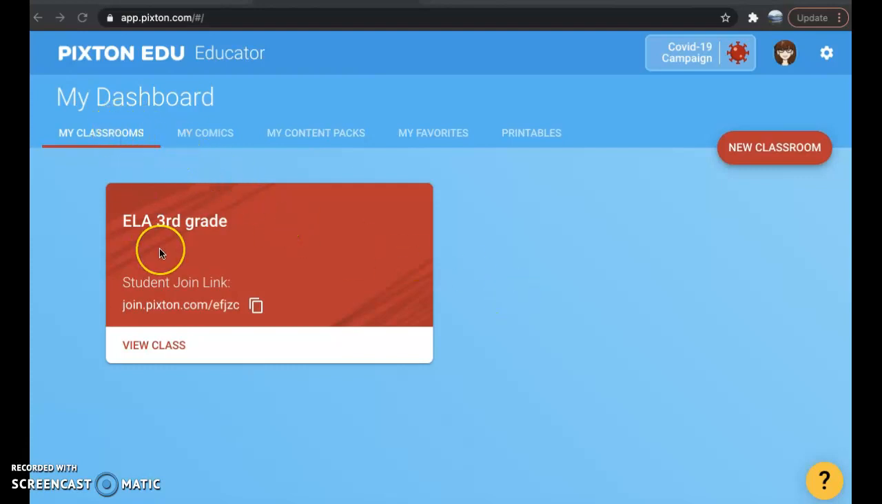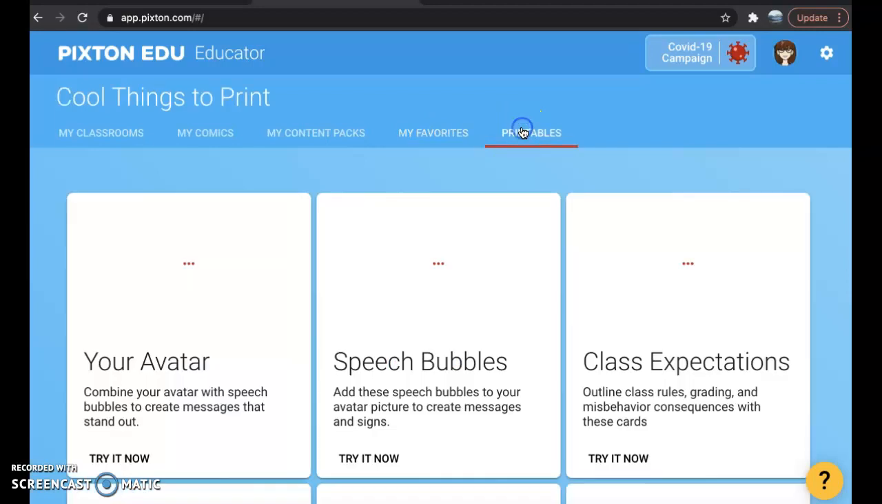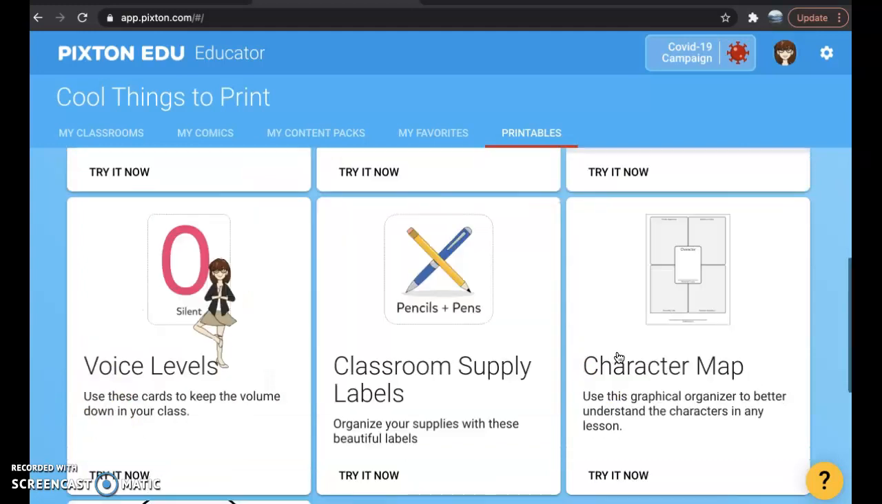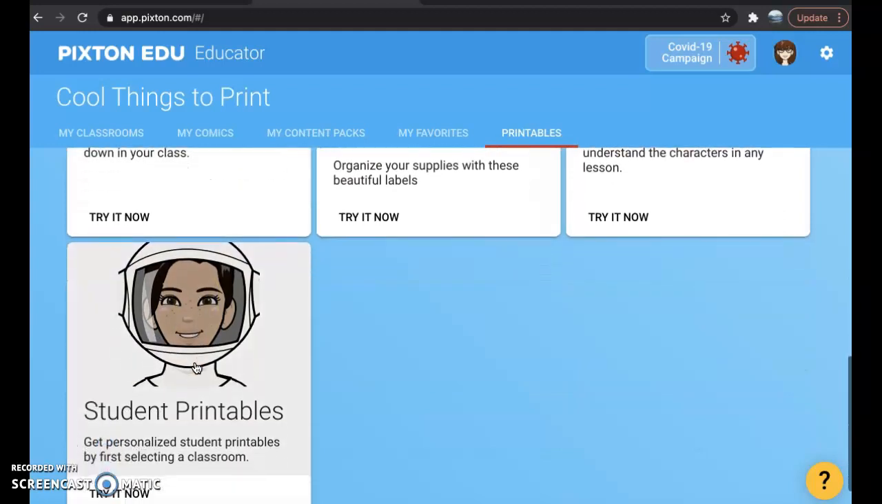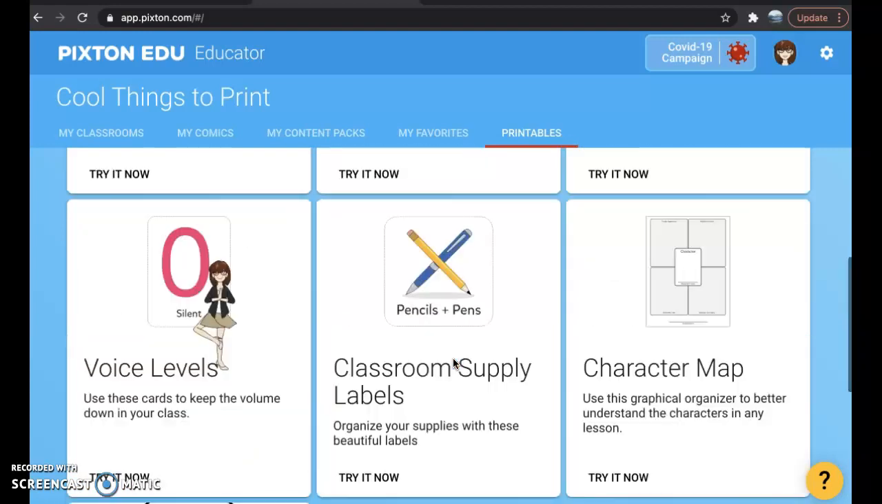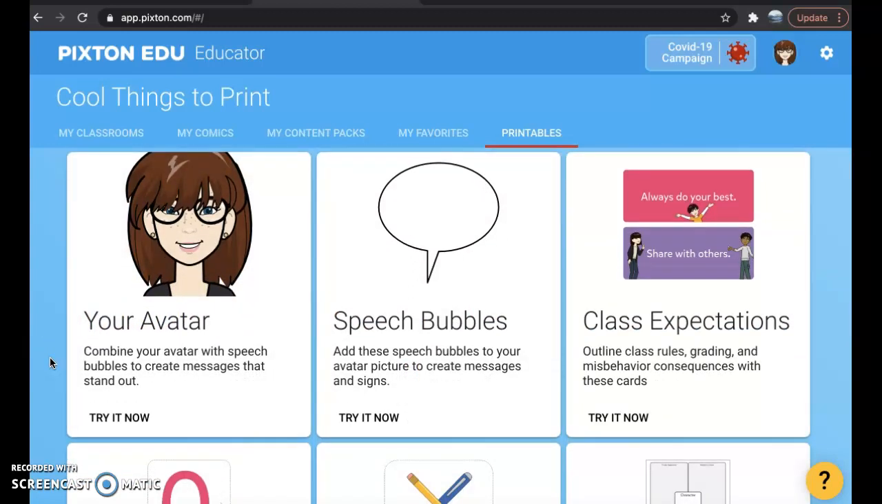So here we have my classroom, which is 3rd grade ELA, and then my own comics, my content pack, which is what characters and backgrounds I have, my favorites, and then printables, which are really cool because you can print out your avatars, speech bubbles, class expectations, character maps, classroom supply labels, voice levels, and you can even print out your own students' characters, which is really cool because when you're inside a classroom, you can have the students' icon on their desk so they always remember where to sit. And I think that's really cool that they include all of this because it really allows the students to even see their